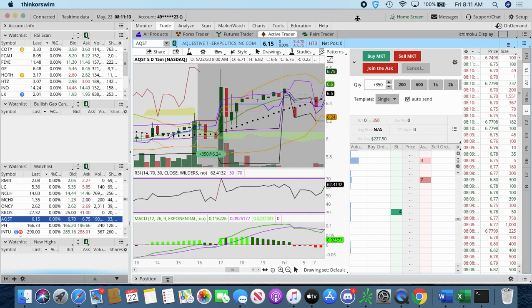I look at the resistance it had. I look at the RSI, the MACD. I said, you know what? If it gets news, it's gonna make a power move. So I bought in right here at 624. Right when I bought in,